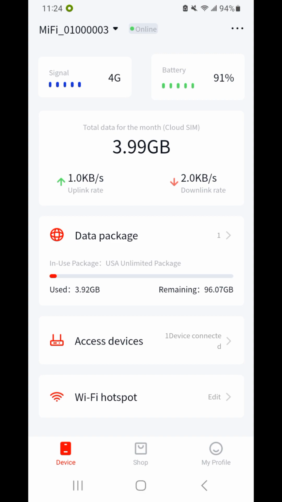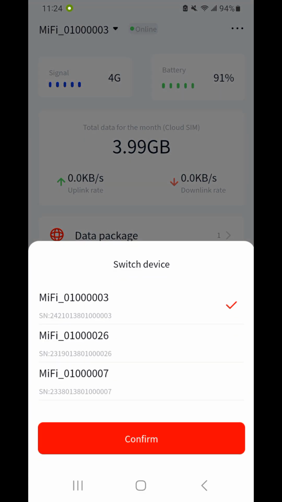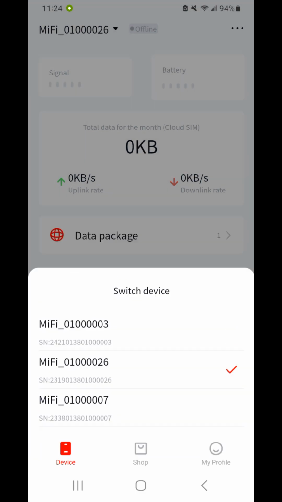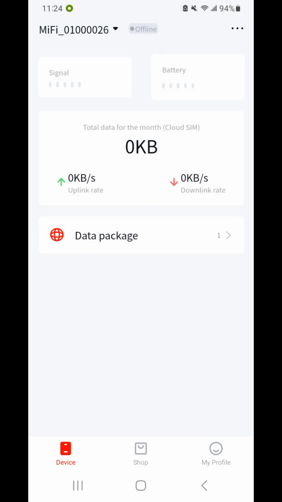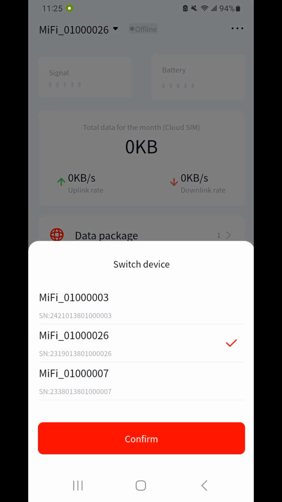Now every pod has its own random generated password, random generated network name that is completely unique to itself. So that's one security measure, but unless you're connected to the pod and you selected that pod, like if I select a pod that I'm not near right now, it doesn't show that setting in the L.O.V.E Wi-Fi app. It doesn't show those settings. But if I select the pod that I'm connected to,